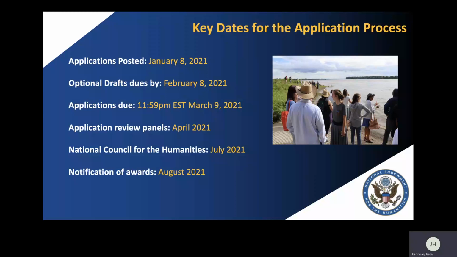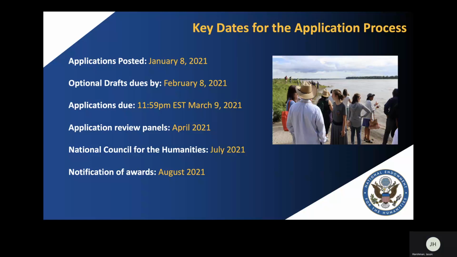The review process will take place during April of 2021. Review panels consist of humanities scholars, past Landmarks project directors, and educators who have participated in a Landmarks program. If you think it would benefit you to learn about the process more before applying, you can serve as a panelist and are invited to contact us about how to do that. Please note, if you serve on a panel, you cannot be a current NEH fellowship recipient, have an application currently under consideration with the NEH, have served on an NEH panel during the last year, or applied to lead a Landmarks program during the next cycle.